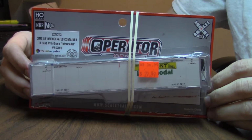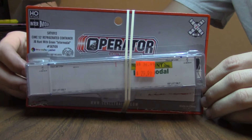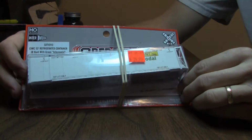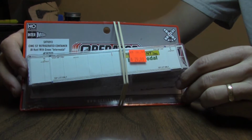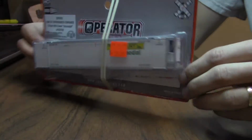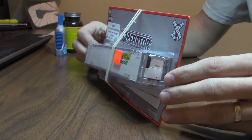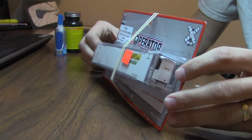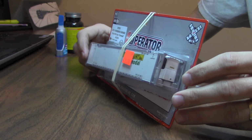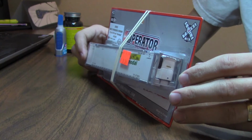Alright everybody, I'm going to show you a small modification I made to these ScaleTrains brand Operator Series refrigerated containers. This is HO scale, and this is a model of a 53-foot intermodal container that has a refrigeration unit on the end here to keep the contents cold in real life. The prototype keeps the contents at a particular temperature, primarily for perishable food items, and this way they can be transloaded off of barges to trains to semi-trucks